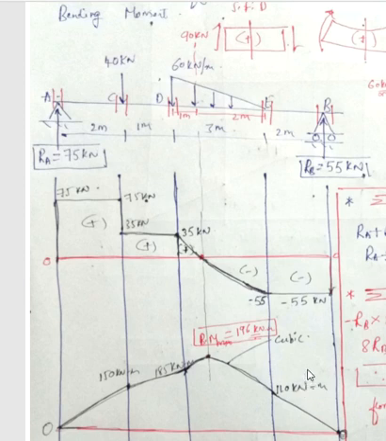Now the next question is, to find the maximum bending moment, we know that at this point shear force is 0, so bending moment will be maximum at this point. Now, like we did in the previous videos, we considered triangles here like this, but in that case where there was UDL, I had a straight line, so that is why I took it as a triangle. But here I have a parabola, so I cannot take this as a triangle. Then how to find this distance? Because only when I find the distance either from this end to this end or from this end to this end, I can find the bending moment. Without distance I cannot find the bending moment.